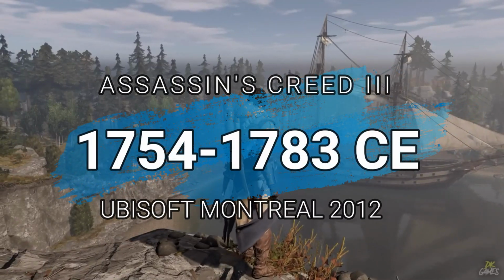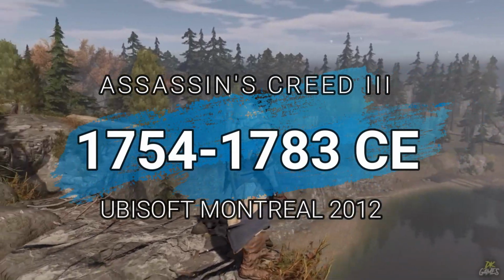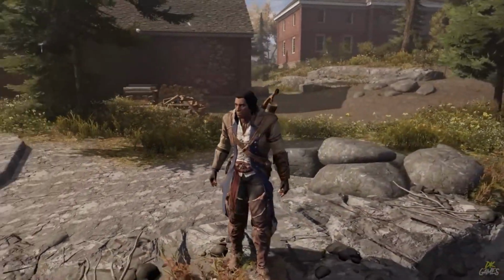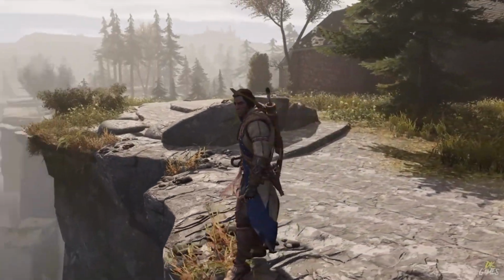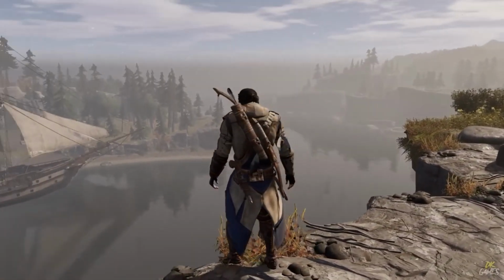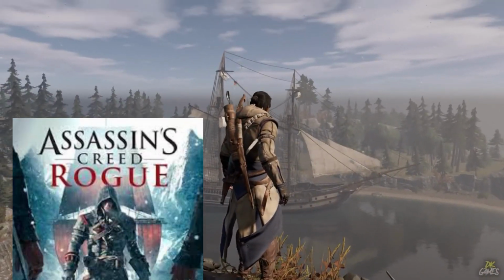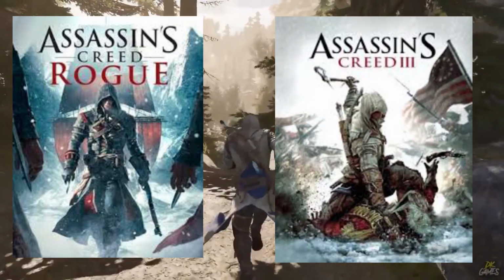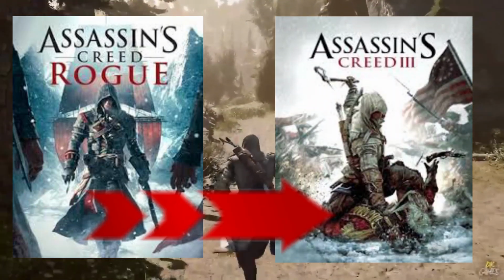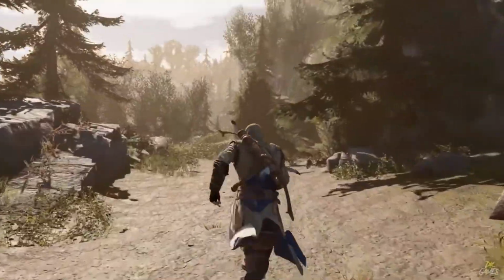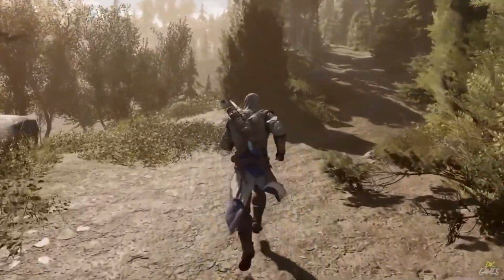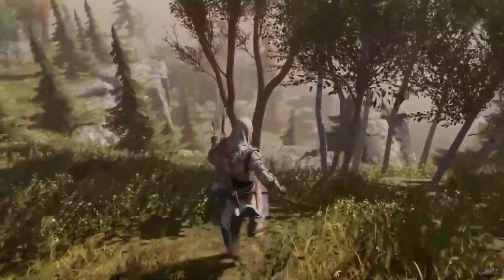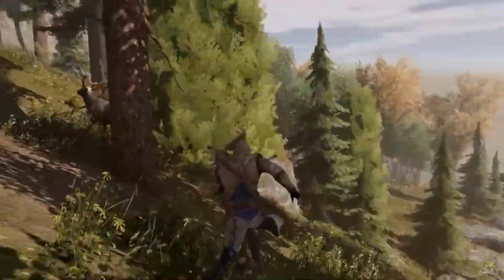Assassin's Creed 3, 1754 to 1783. Alright, so let's take a step back again and look at the release in chronological order. Assassin's Creed Rogue was released after Assassin's Creed 3, but its timeline actually starts earlier and extends further. Now, in Assassin's Creed 3, we find ourselves in North America during 1754, right at the onset of the American Revolution.